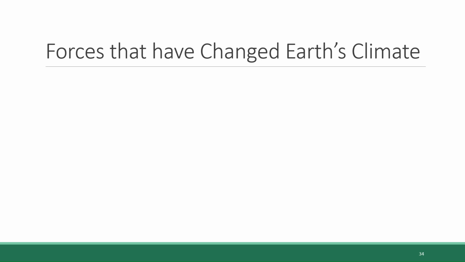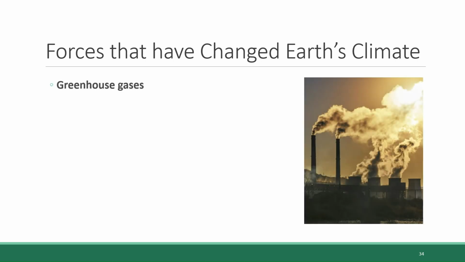In our first two sections of this chapter, we covered the three major factors that determine the climate on Earth: insolation, albedo, and greenhouse gases. In this section, we're going to go into a bit more detail on how different forces and events can and have changed Earth's climate over the course of its geological history. And we are also going to talk about the current climate period that we are living in and which forces have been the predominant ones in shaping climate in Earth's recent history.